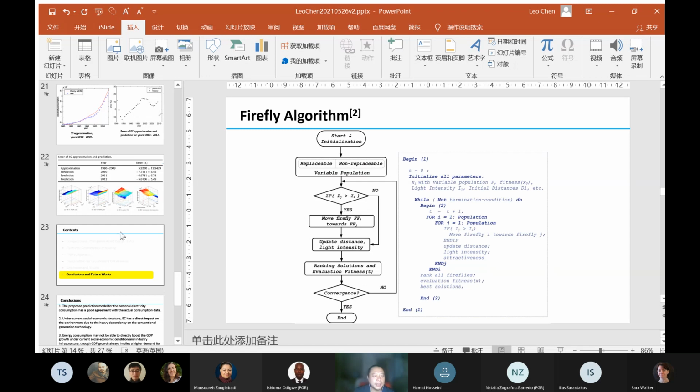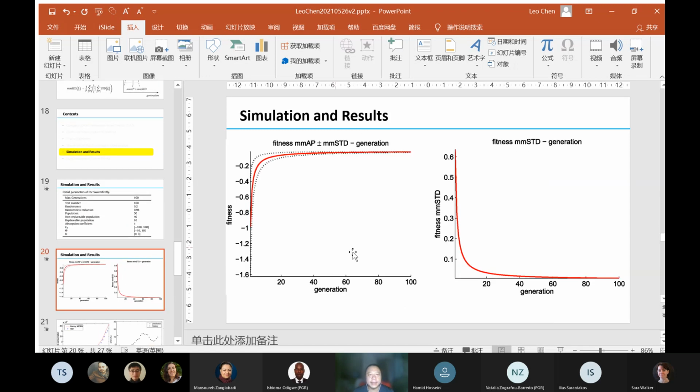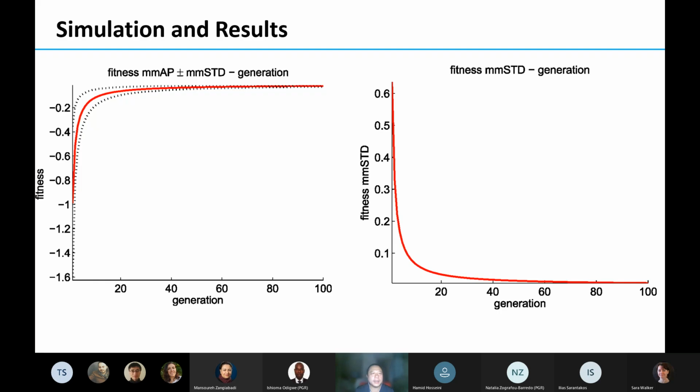As you can see, the results go very quickly to a steady state, which means either this problem is very simple, too simple for the algorithm, or the algorithm has high performance, very efficient. Yeah, I understand. Nice, thanks, Leo. No problem.